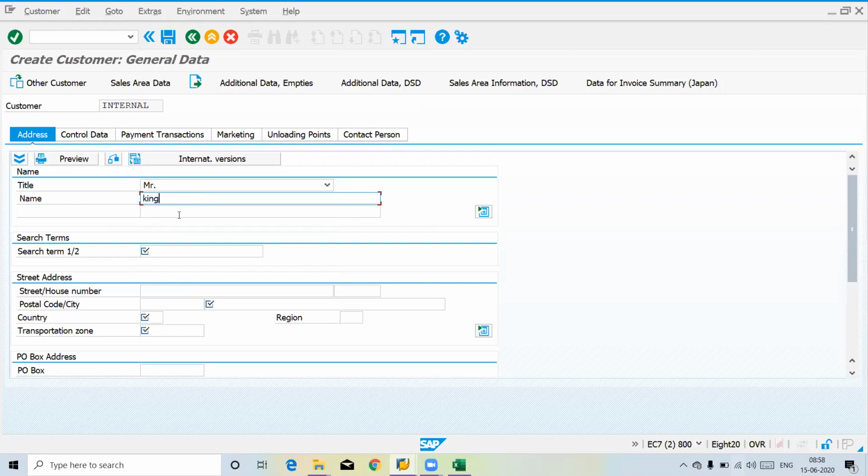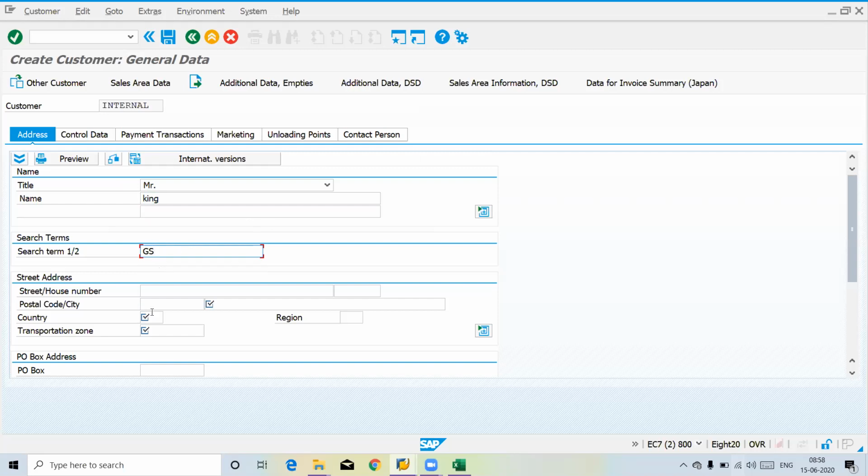King, you will have a name one and a name two. Name two is just additional text. If you have any additional information you want to specify, you can specify. But in name one, you have to give his name. Sometimes your customer says you have to use the second column for surname, and name one you can use for your actual name. Okay, real name. So search term, let's take an example.